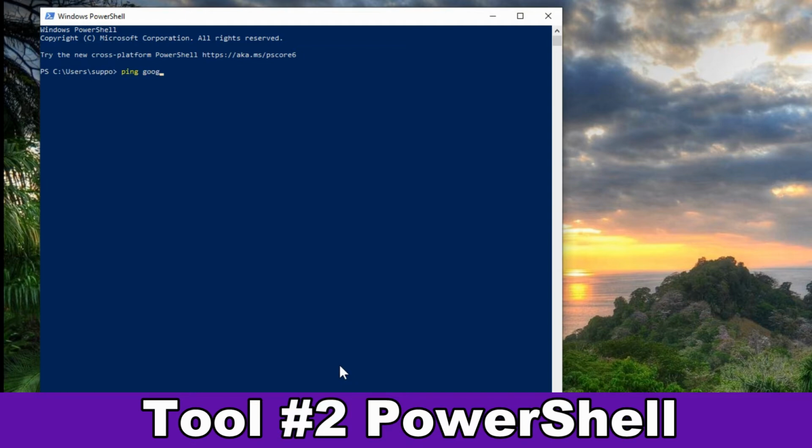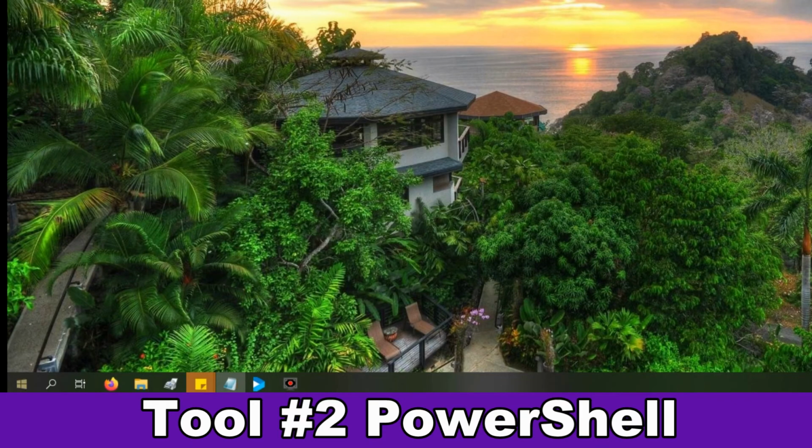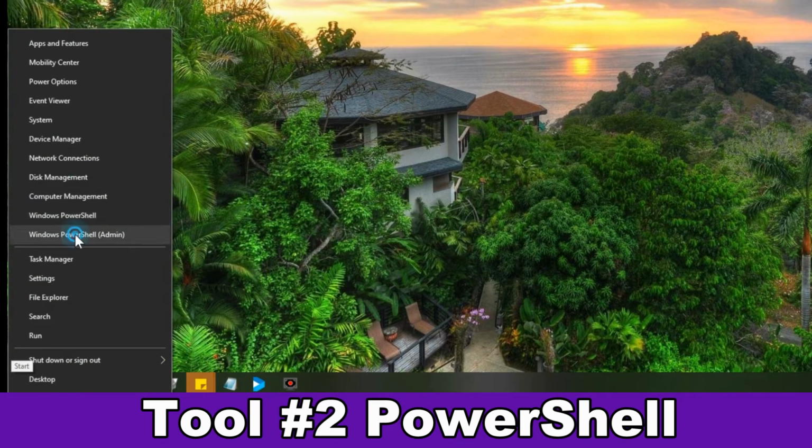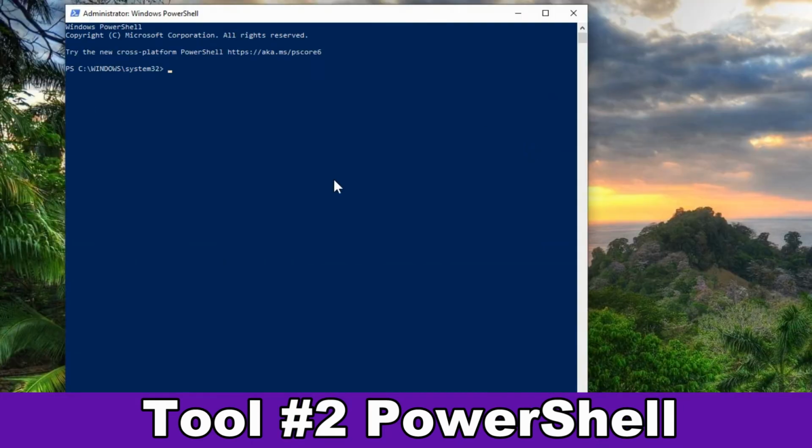From here you can do some simple things such as just pinging a website to see if you have access to the internet or to that website at all. And for whatever reason, mine is showing that I don't have access, and I don't understand. Now, if we try just for fun, go in as the administrator and try the same thing again. And it's also timing out. So for whatever reason, it's showing that I don't have internet, which doesn't make sense.